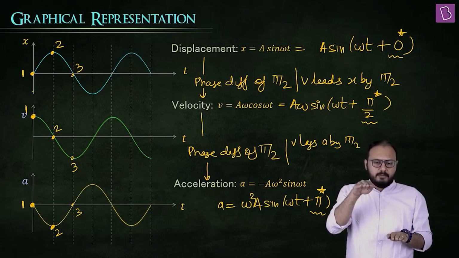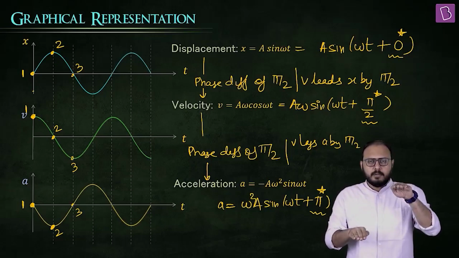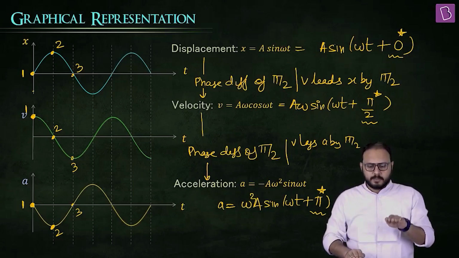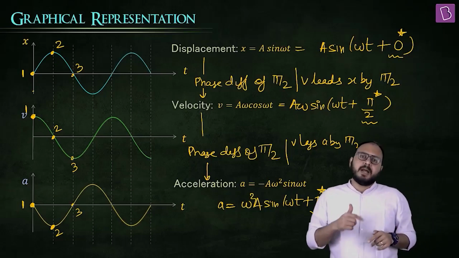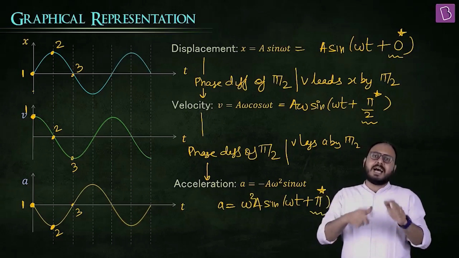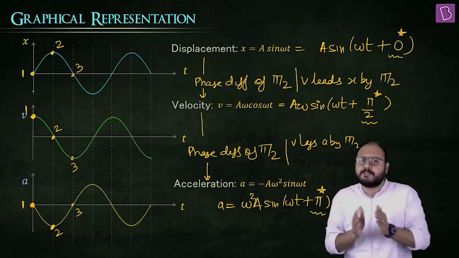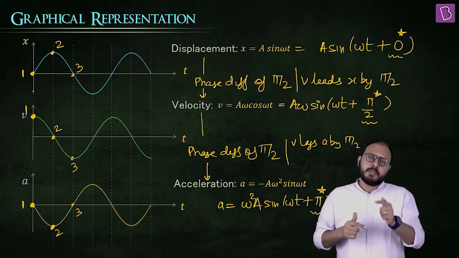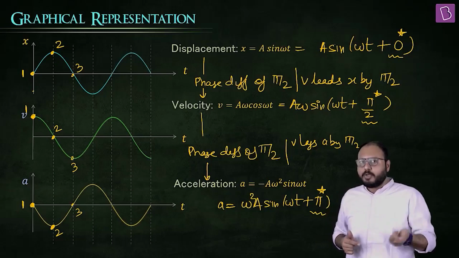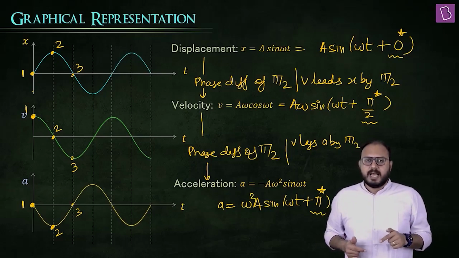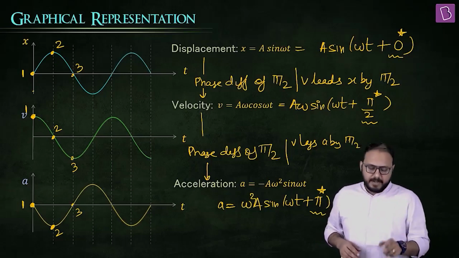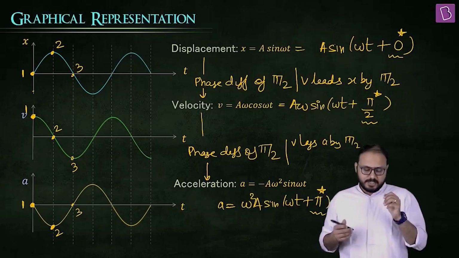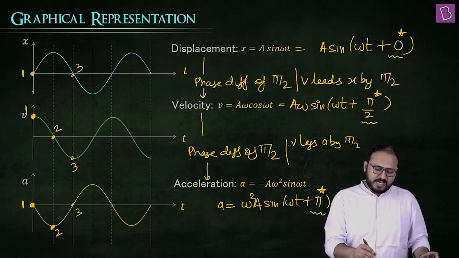Did you see what happened? 1, 1, 1. 2, 2. That means what is happening? The one who is pi by 2 ahead is one quadrant ahead all the time. It's as if the graph of the pi by 2 ahead quantity has been obtained by shifting the original graph by pi by 2 ahead. Can I blow your mind right now?